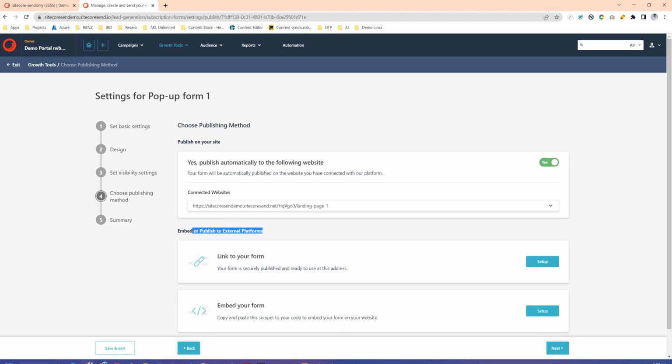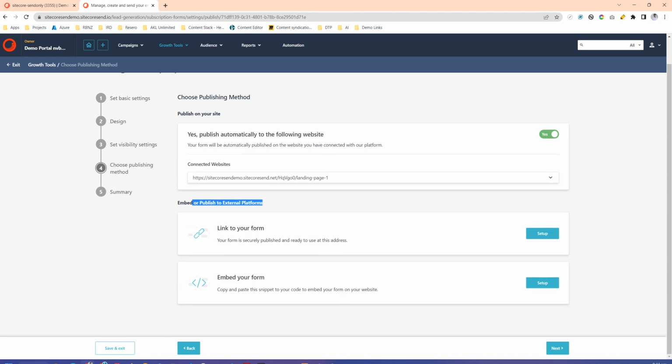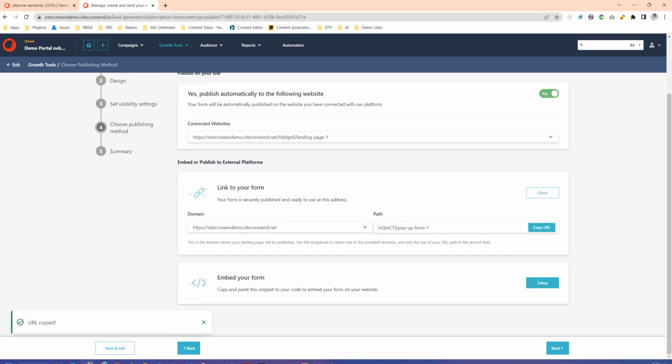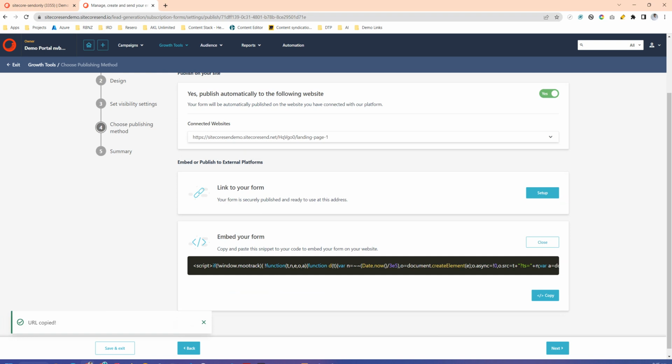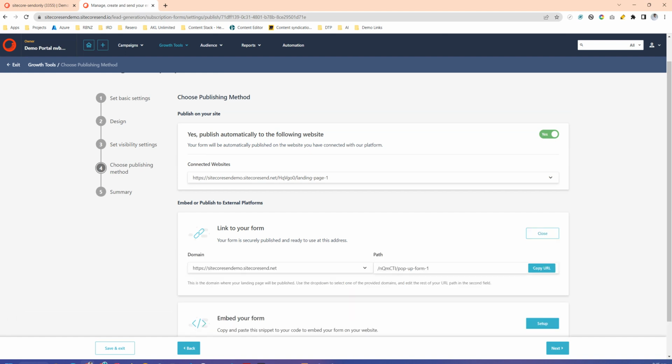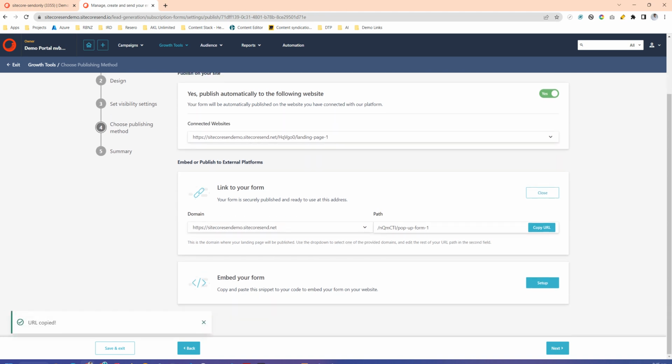Embed or publish to external platforms, so you can link to your form. Let's set up. So the form will live on this website, and we will have a URL. And you can edit the URL too. Embed your form, so they do give you the snippet. So if you put this JavaScript in your website, it will be able to make the form look exactly like we designed in the site. So I'm going to keep this here, copy URL, go next,